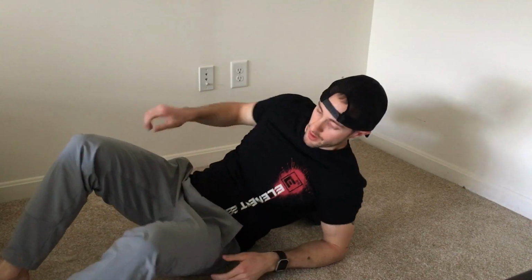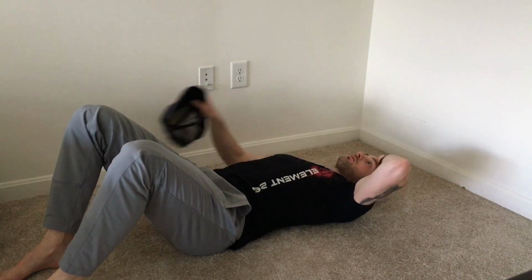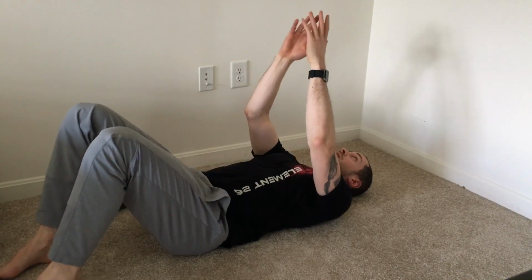Remember, keeping those abs just slightly engaged every exhale is the way to go about this one as well. The other one, if you have a stiffer upper back or you have that rib flare, is going to be just like this. Take my hat off for a second. Don't mind my hair. So I'm going to be here. Now I'm squeezing in just so you can see me here, but